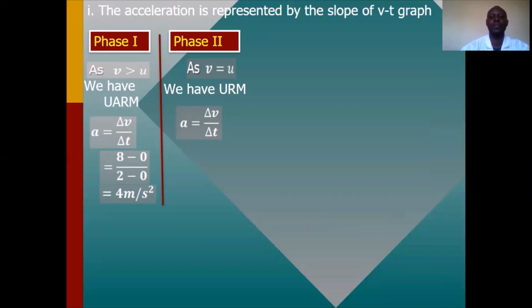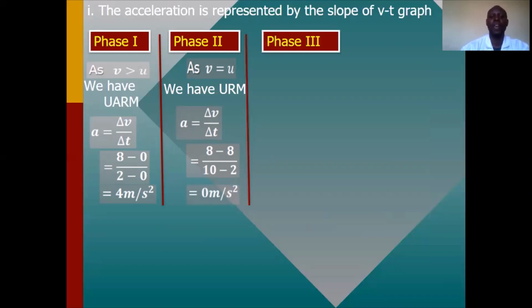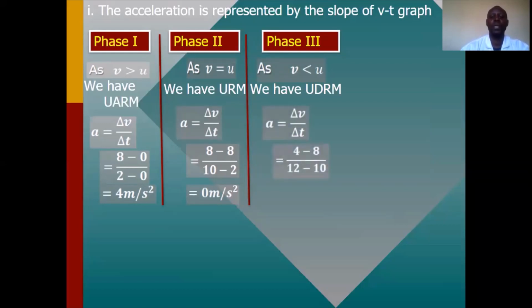The vertical change is the change of v, and the horizontal change is the change of time. Here we have 8 minus 8 divided by 10 minus 2, which is 0 meters per second squared. For phase number 3, since the final speed is less than the initial speed, we have uniformly decelerated rectilinear motion. And the slope will be 4 minus 8 divided by 12 minus 10, which is minus 2 meters